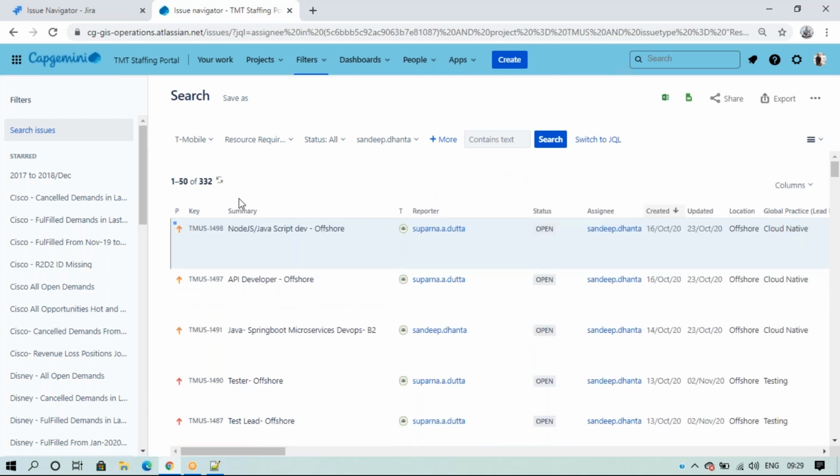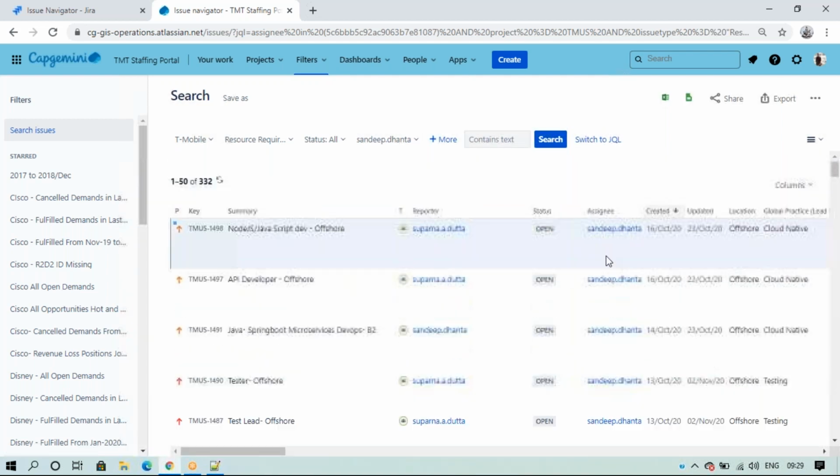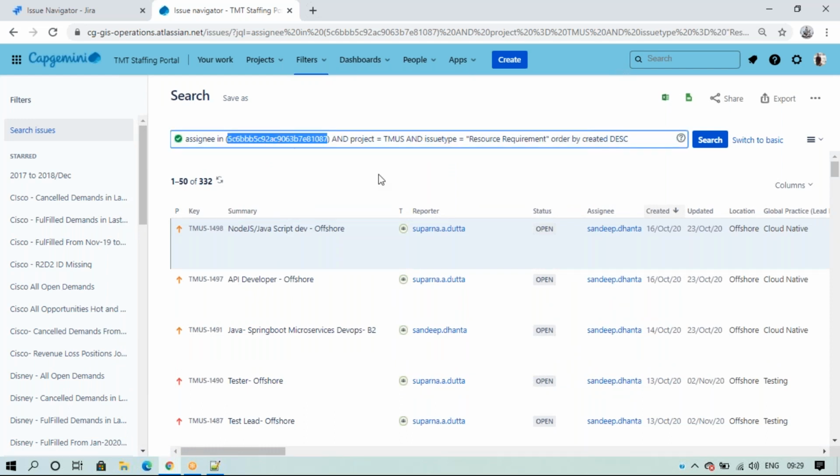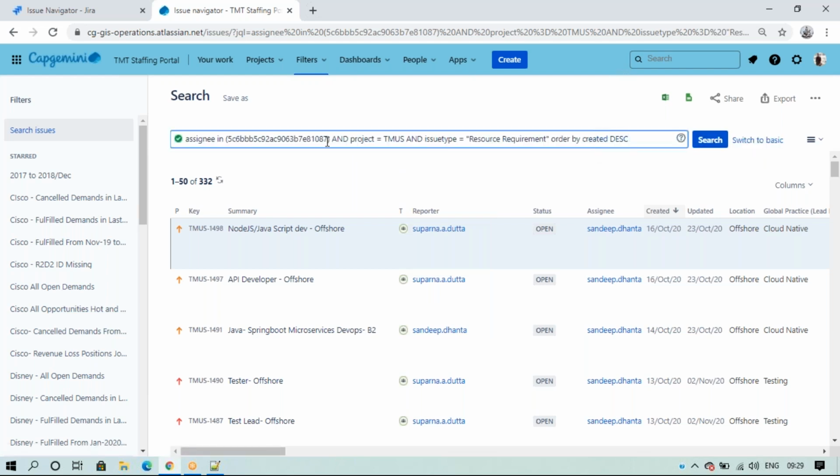Yeah, so total 332. This is T-Mobile, TMUS, and this was the requirement, this issue type, and assignee is equal to the same person. Everything you can see is Sandeep, Sandeep, Sandeep. So based on assignee. This bar is the same as assignee; the ID will come. Normally we choose the ID, and project is for TMUS and issue type is equal to resource management. Or we can write it this simple way as well, like project is equal to TMUS and